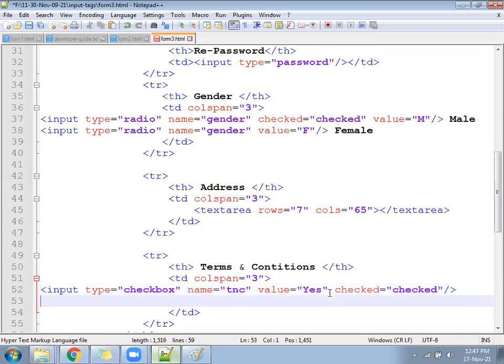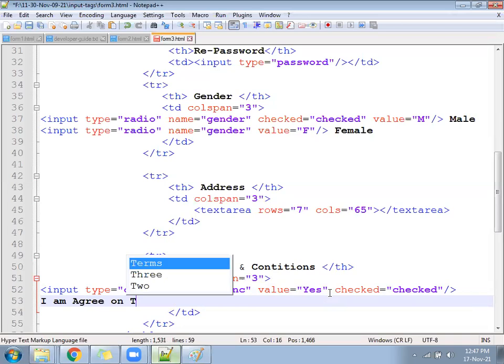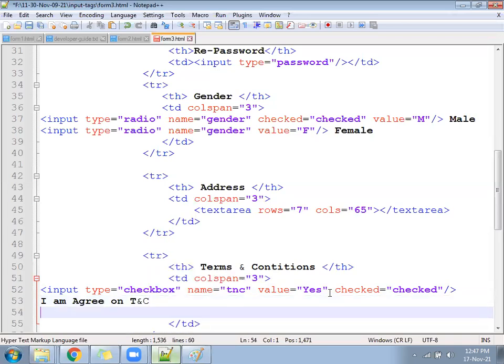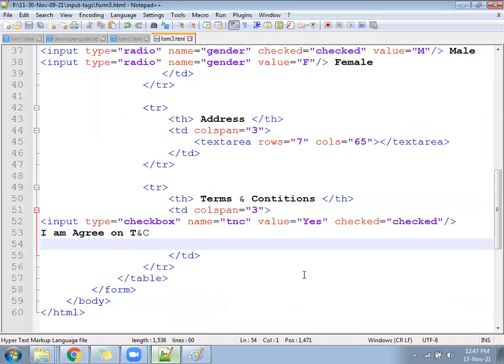Then next we will write, agree on T and C. One checkbox will come checked by default.